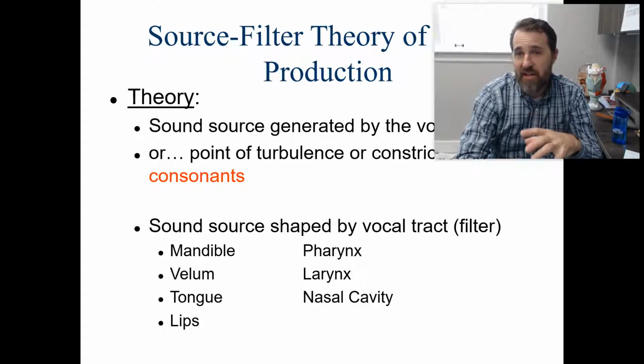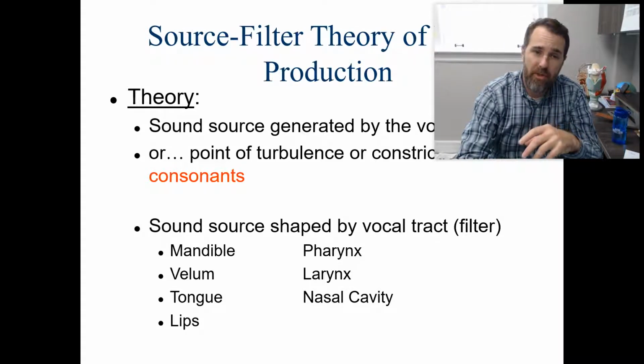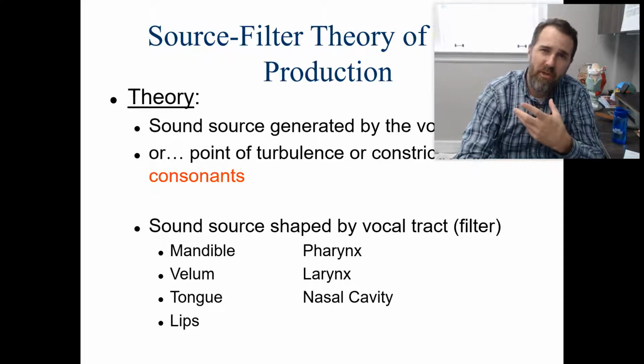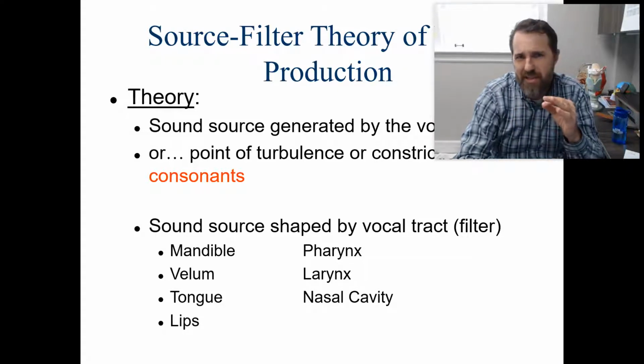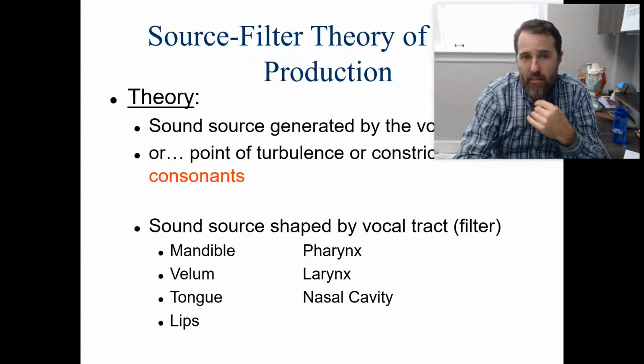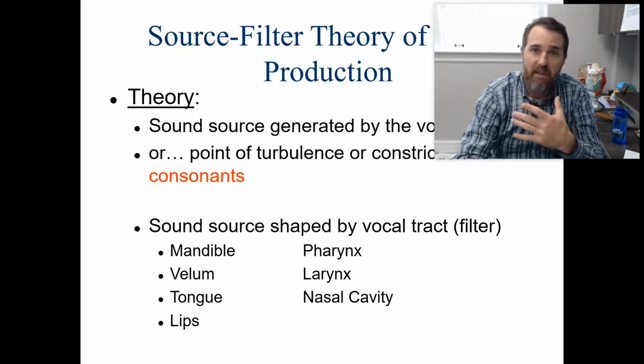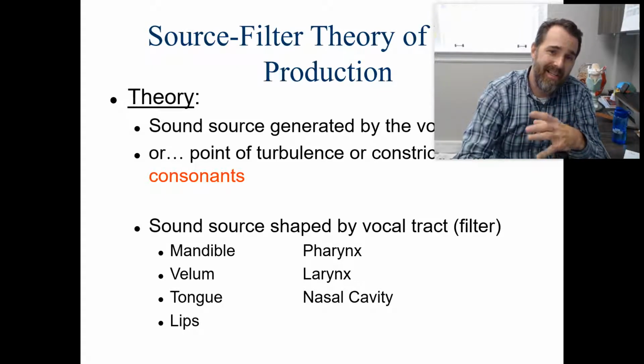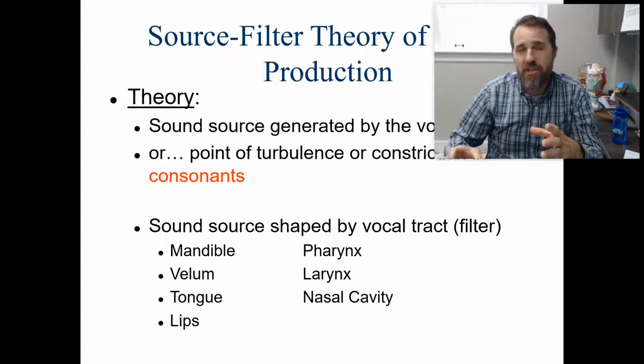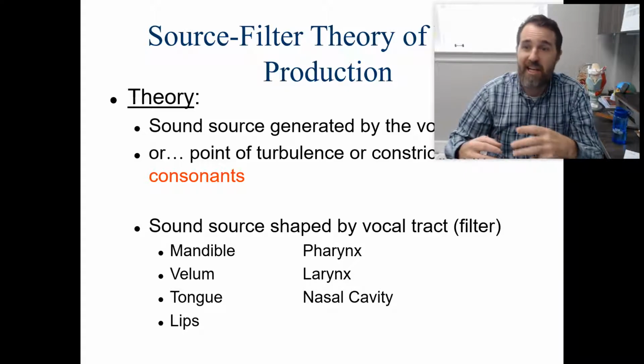So in the context of consonant production, it is the point of constriction in the vocal tract that is producing some white noise, some turbulence in the airstream that is either the primary sound source, as in a voiceless consonant like s, or it is a sound source that is added to phonation, as in voiced consonants like